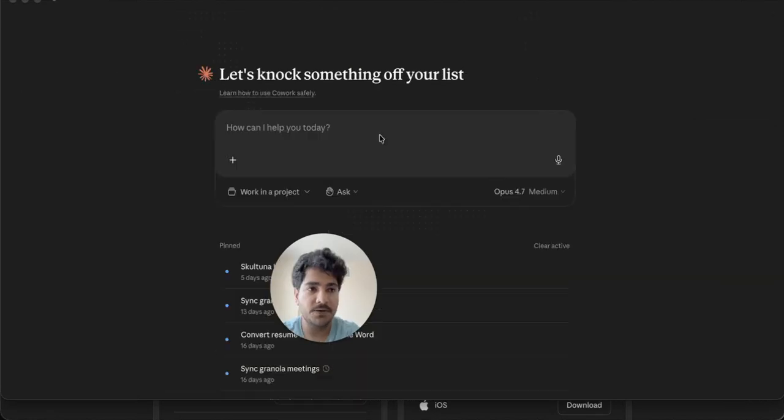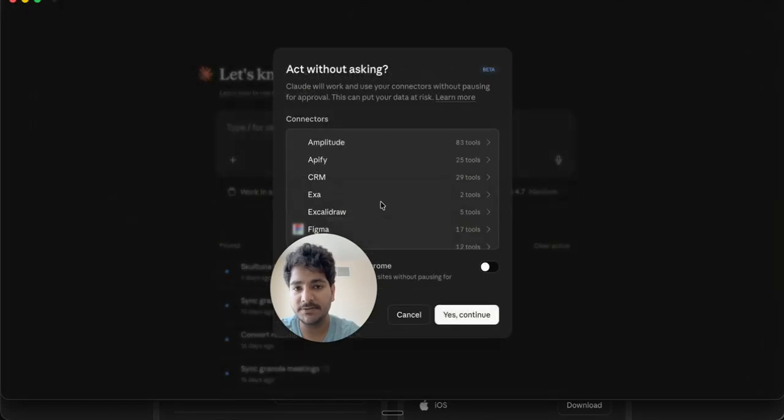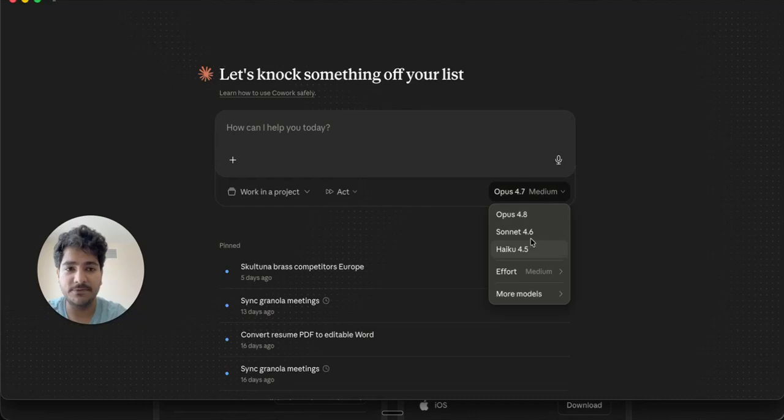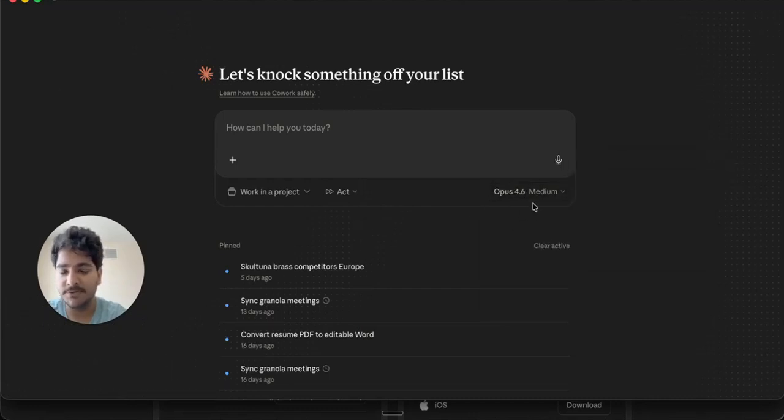Once you're here, what I want you to do is come back to cowork and turn this to continue without asking, act without asking, right? Turn this down to 4.6 if you are a little bit concerned about how your token usage is going to be. Personally, this is more than enough. Opus 4.6 medium can get you a long way there. You don't have to work in any kind of project. Then you just have to say use make connector, and then make an automation that, and then write out your automation in detail. Connects